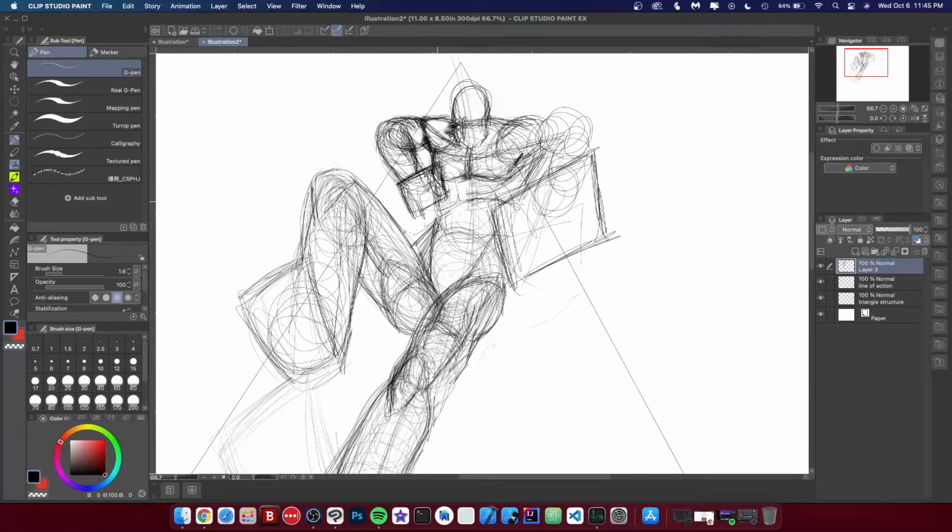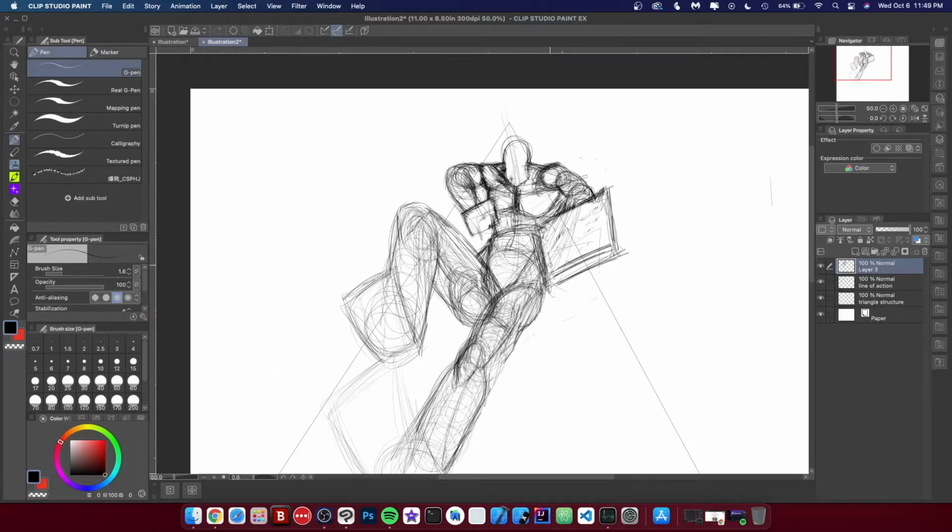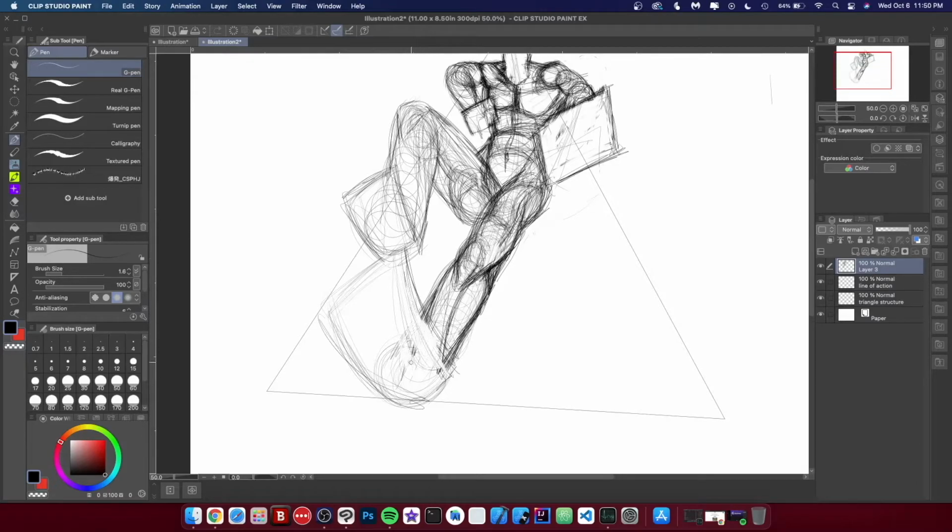Another technique I like to use is squiggles. Draw big squiggles for the parts that are going to be closer to the viewer, and when it's away from the viewer, the squiggles get smaller. And whenever you need to readjust the figure, you don't always have to follow it, because sometimes you might figure out that you have done parts of it incorrectly. So it's okay to be honest when you know you made a mistake.